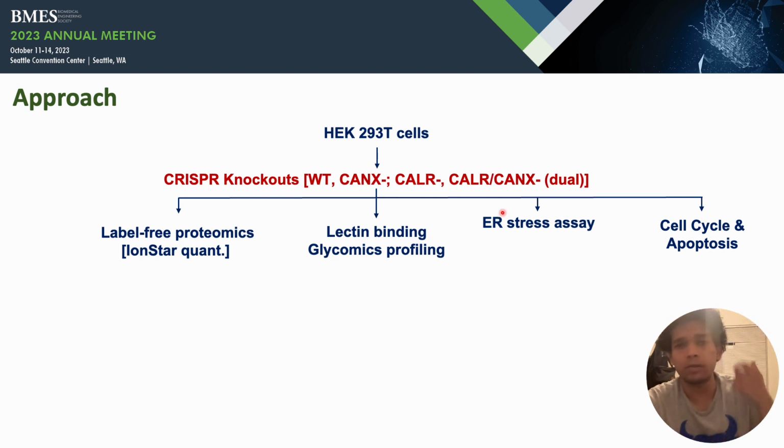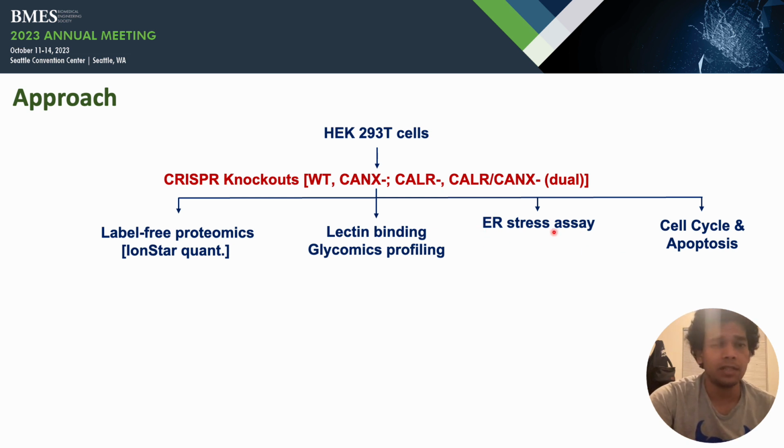And simultaneously we also prepared this MOX knockout, and then we studied these cells on 4 different aspects. First we studied the proteomics analysis, and thereafter, since calnexin and calreticulin are related to the initiation of N-glycosylation, we hypothesized that it will also affect the glycomics profile. So we did the lectin binding and glycomics binding assay, and thereafter we also did